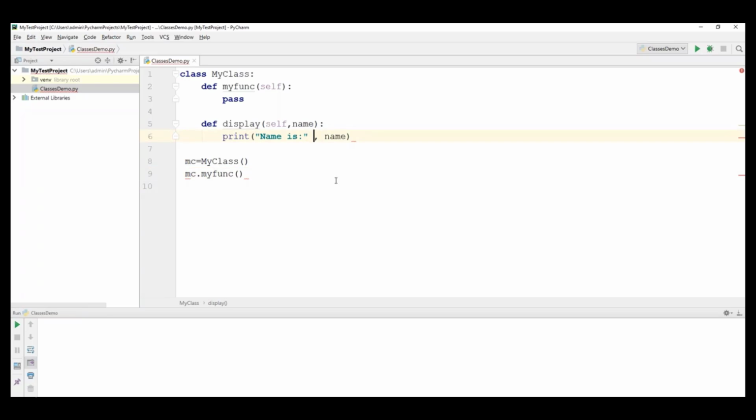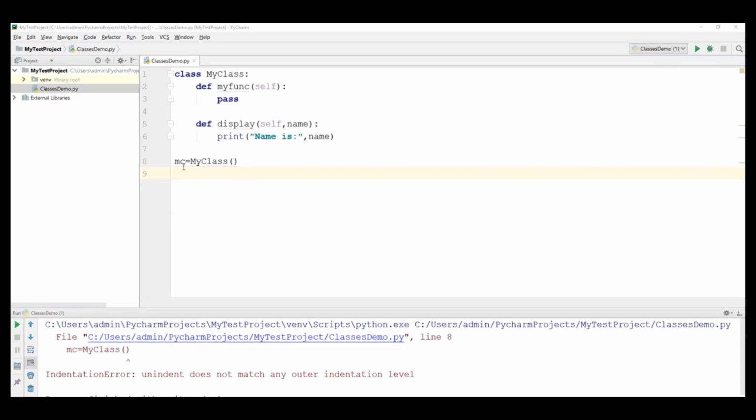The print function, and I have used name comma name. All right. Okay, here is a small indentation error, so we have to start from here. So mc is an object reference variable, and then MyClass. Here I will just call that function. Let's say mc.myfunction.